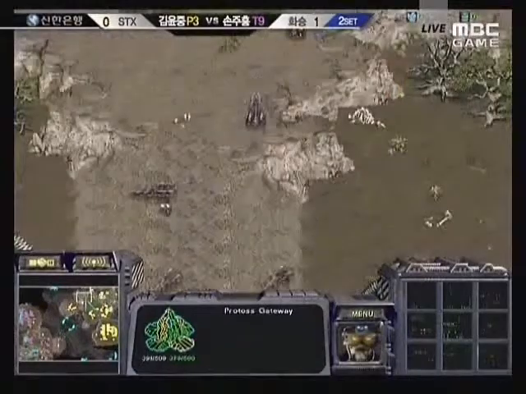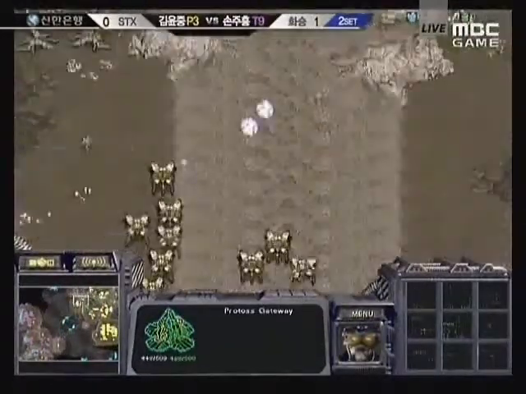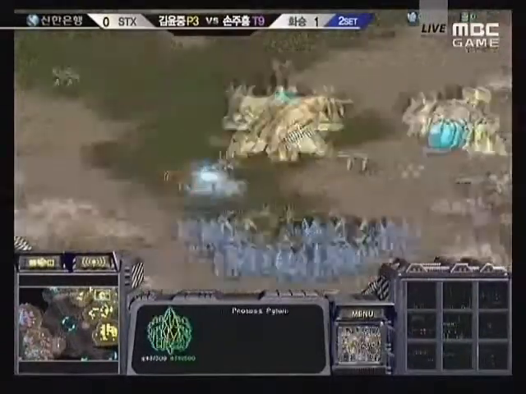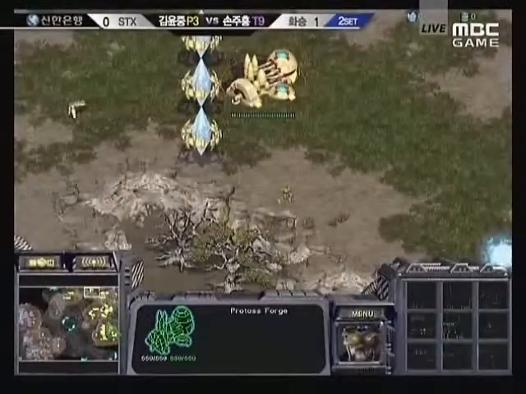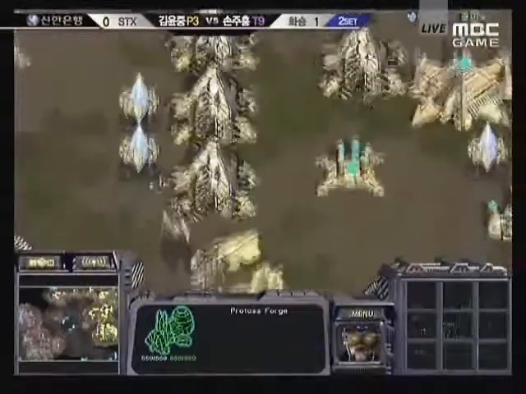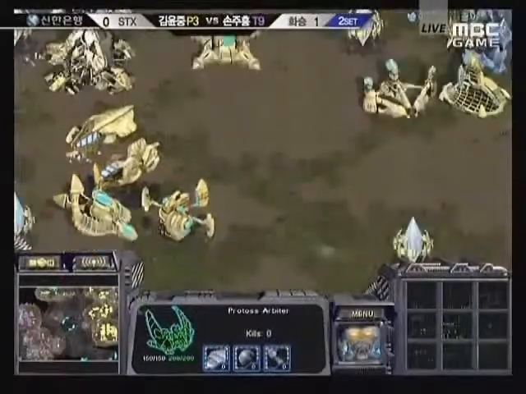And they're going to go up to the top to see whether or not the third base is going to go down. He's going to see the pylons, so he's going to know that that base is, if it's not up already, then it's going to be going up very, very soon. So he's going to be prepared for a 3-base Protoss here. And I really think Shuttle is going to need to do something here. He does have his first Arbiter out, so now we'll see what play he has in mind